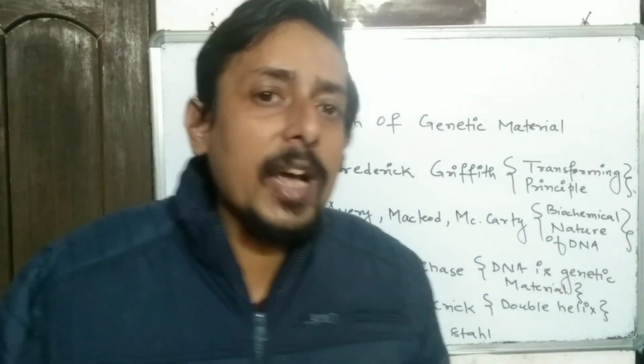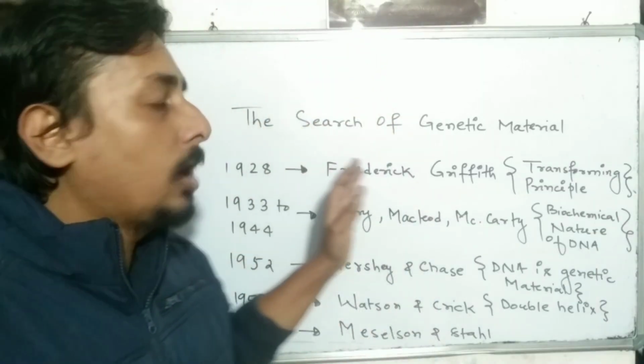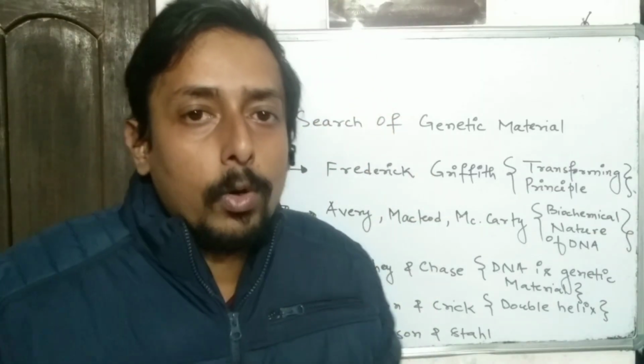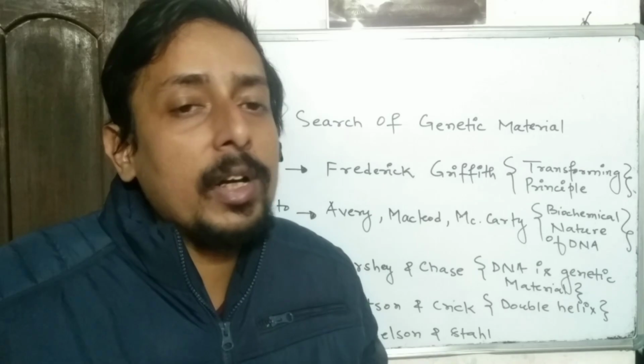First, the foremost thing in this chapter is that we need to know about the genetic material, that is DNA. But listen, in earlier times, people didn't know that DNA was actually the genetic material. Some thought DNA was a protein. Some thought the genetic material was some kind of sugar. People were not sure what the nature of the genetic material was. Therefore, NCERT has a topic, the search for genetic material. What actually is the genetic material? People didn't know at that time.